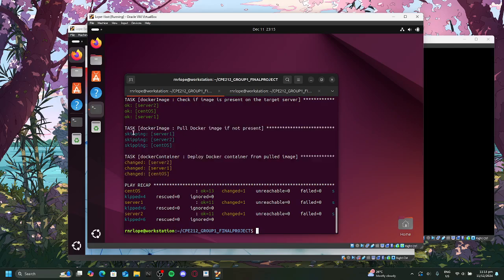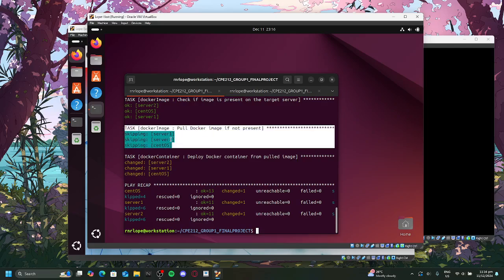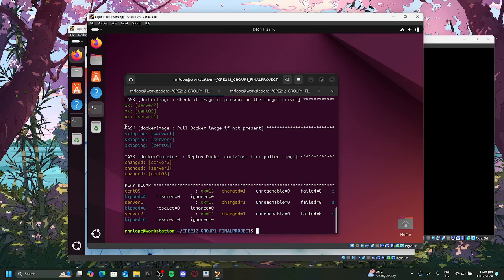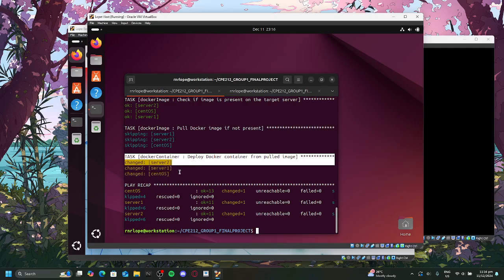I don't know why it is saying skipping. But as we checked in the first part of our video, there were no images currently on the managed nodes. So I think that it has pulled the Docker images, but says skipping. I think it has to do with this.